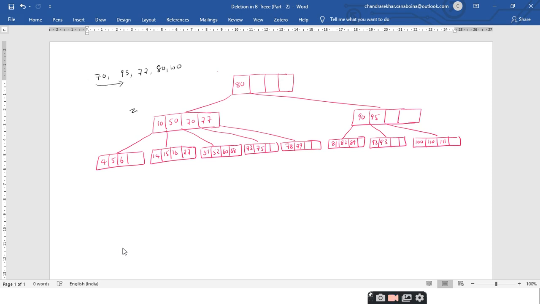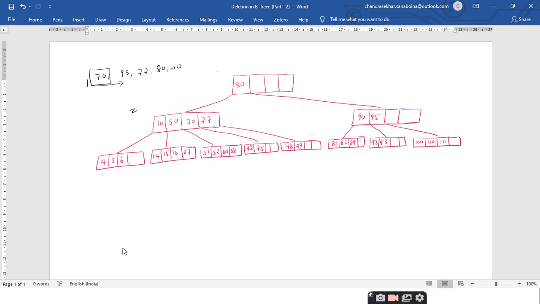So what is the first element I am going to delete here? 70, sir. 70. In order to perform the delete operation, what is the primary operation you have to do? Searching, sir. Search operation. So you search for this 70 whether it is present in the B tree or not. If it is present, where is it situated? Is it located in the internal node or in the leaf node? That is what we have to discuss, right?